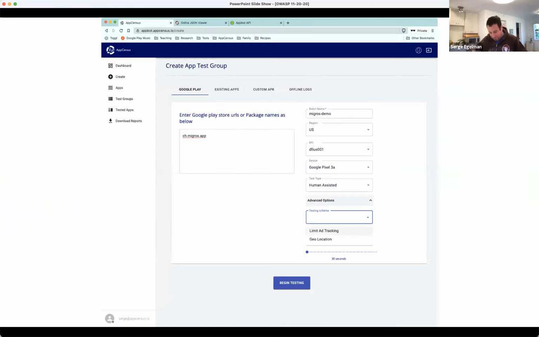So to give you an example of just what this looks like in terms of running an app to see what it does, we can enter a package name and specify a country we want it tested in, because one behavior that we see that's pretty common is if you have an app that's for global distribution, you're obviously going to have different requirements in different countries, such as whether you provide GDPR treatment only for people who are located in Europe, or if you're going to do it for everyone.